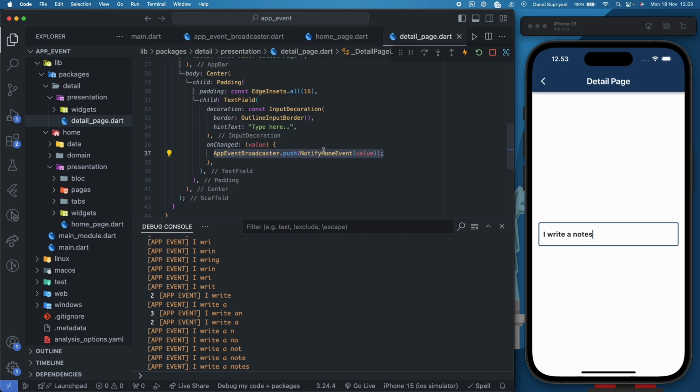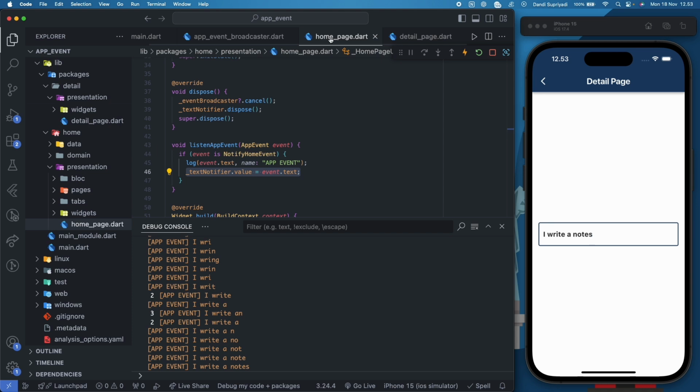So basically, you can notify anything from detail page to home page.